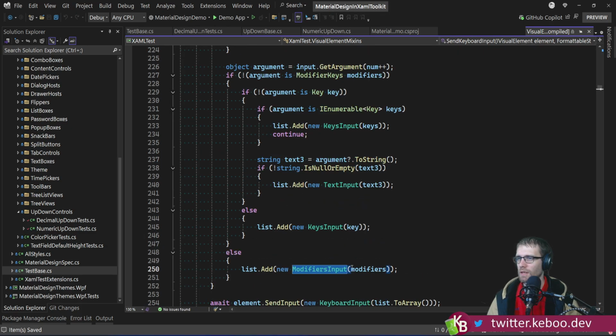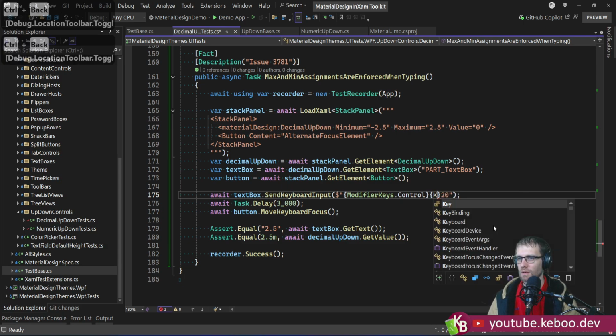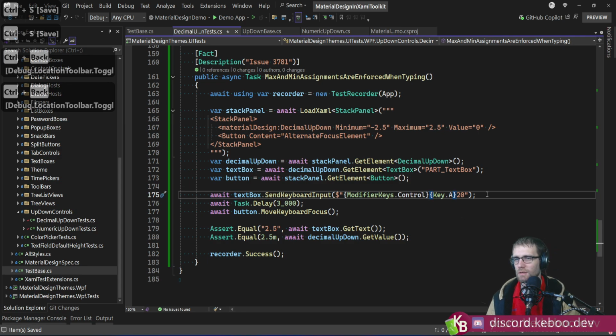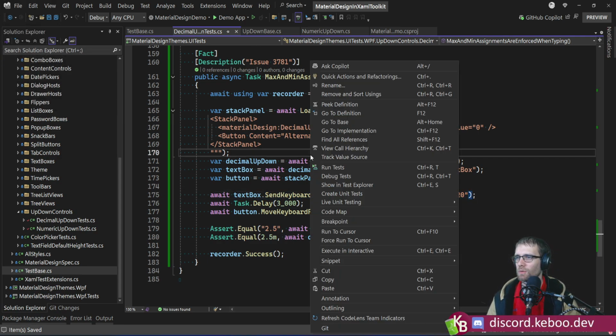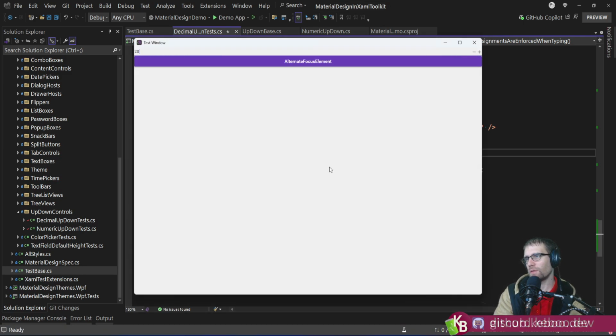Yeah, so I want to send in modifier keys followed by key, I think. I think I want to do control keys. So basically select all the text and then type in the 20. Because I don't know if you caught it, but when it was typing that in, it was actually going through and